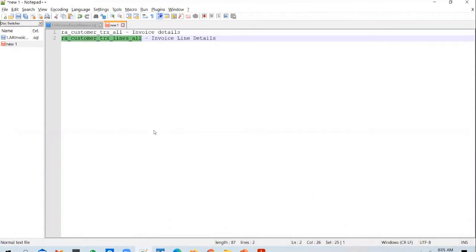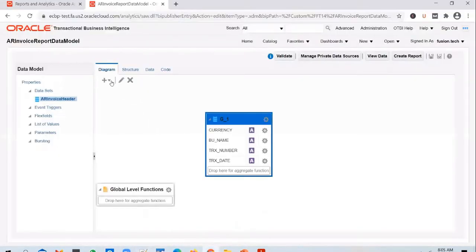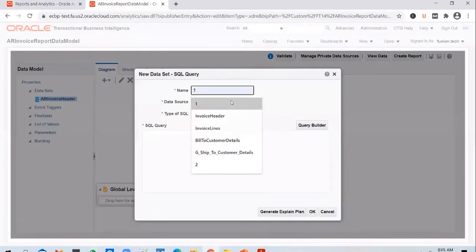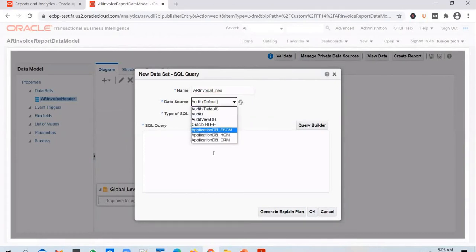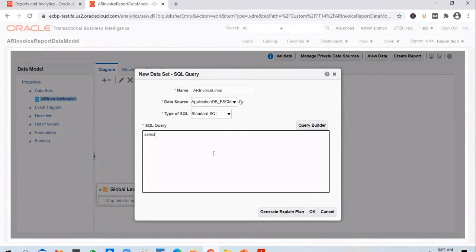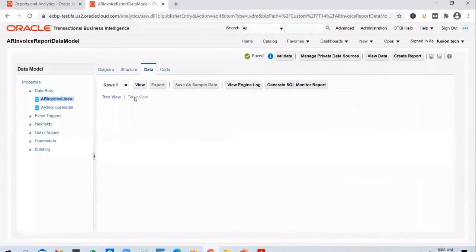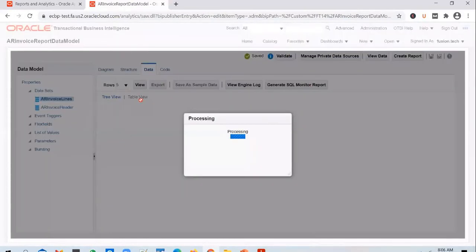Okay, so all you have to do is pick up that query, go back into the data model, add in a new query, call it SQL query, and you say AR invoice lines, and change the data source to FSCM and do a select star from the lines table and click on OK. And here we are not restricting the rows or the columns for this query. We are just doing the select star from the RA customer transaction lines table. Okay. So if you go to the data tab and view the output now,